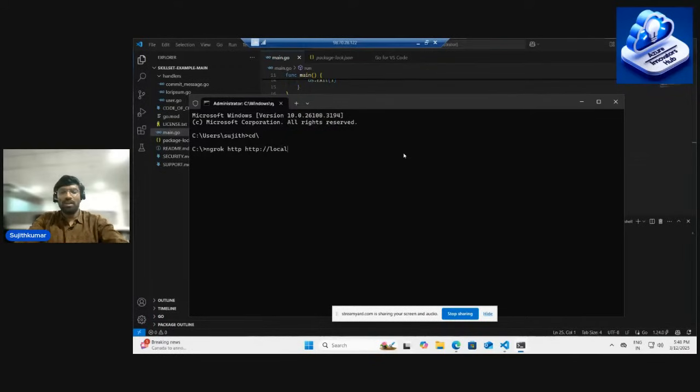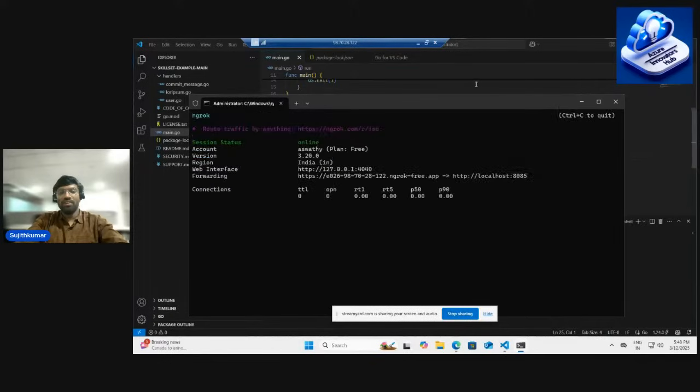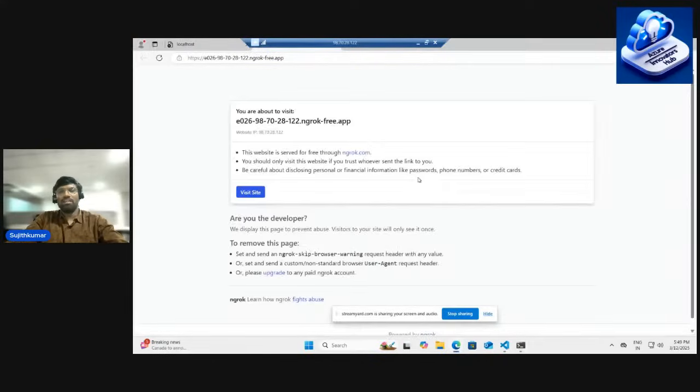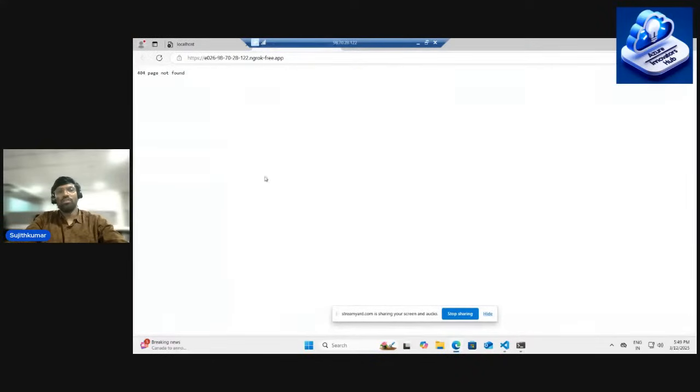which URL you want to expose. So for example, in localhost, this application is running on port 8085. So I can simply say that port 8085 needs to be exposed. So now this will be available for me publicly. That means you can also access this URL,